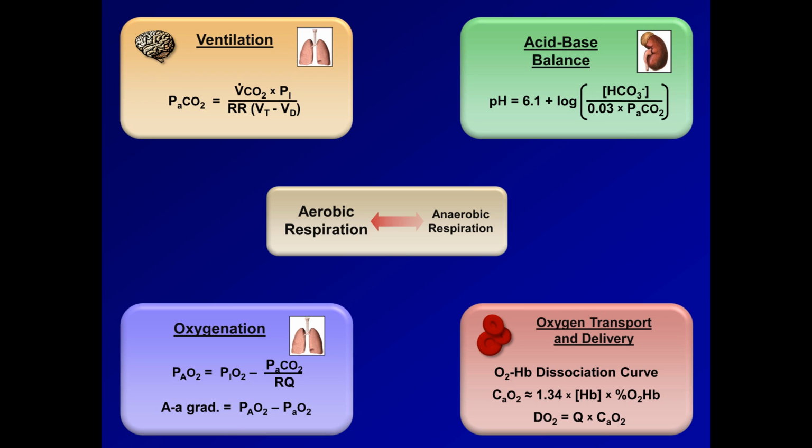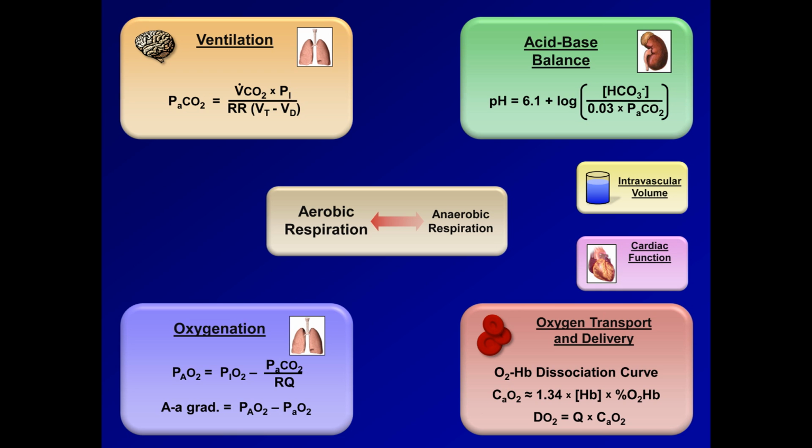This model will feel incomplete if we don't also include two aspects of physiology that have been discussed only in passing and which are not the focus of this course per se. The first is the intravascular volume, that is the body's tank full or empty. The second is the cardiac function. There are many ways to describe cardiac function, but I will choose to summarize it as cardiac output equals stroke volume times heart rate,